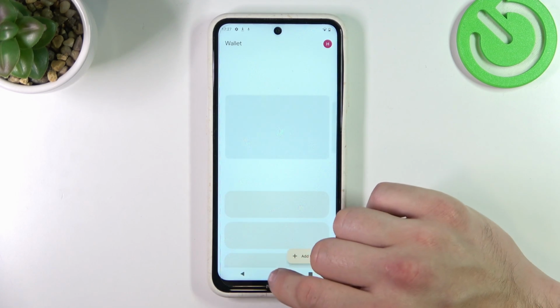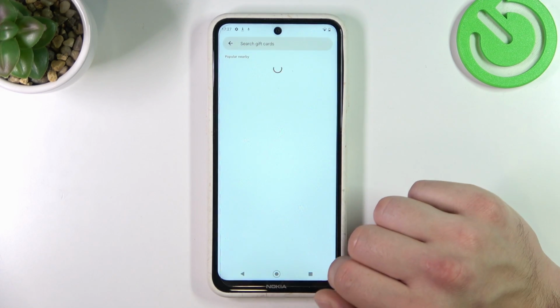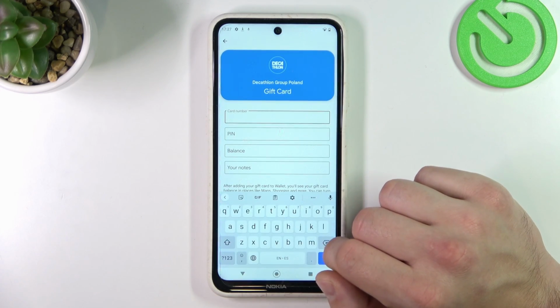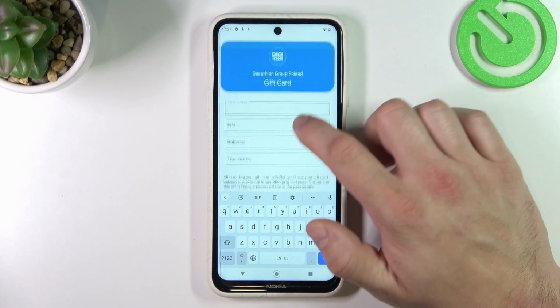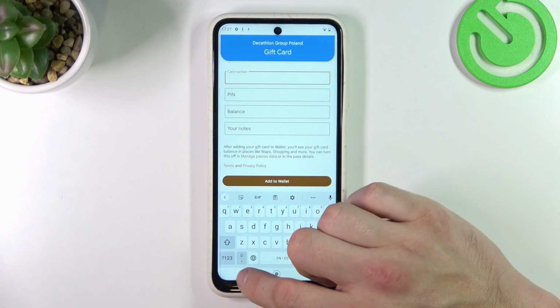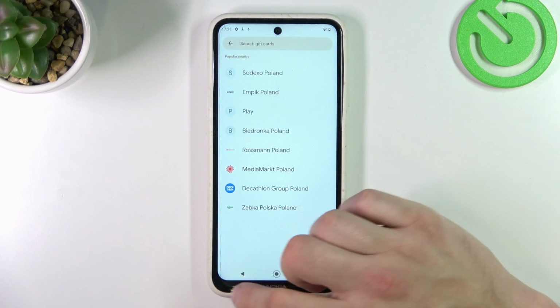In the end, you can select Gift Card, which is pretty similar to Loyalty Card because you have to select a shop, enter card number, PIN, balance, your notes and select Add to Wallet. All of your cards will appear on the